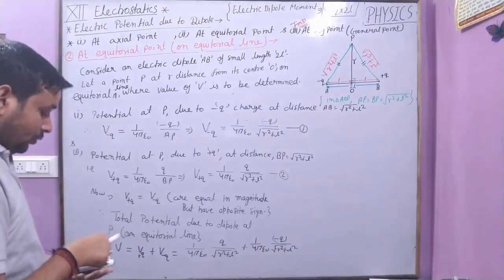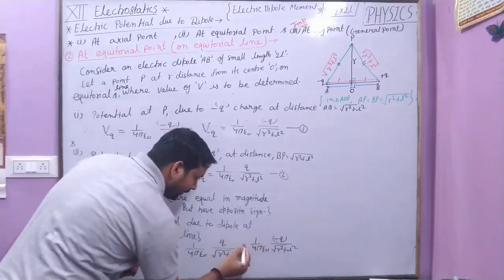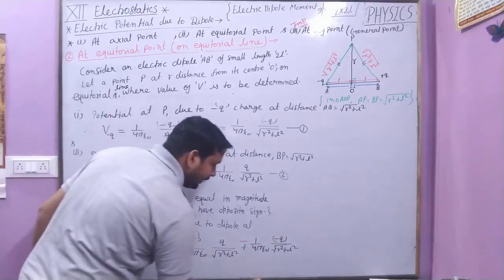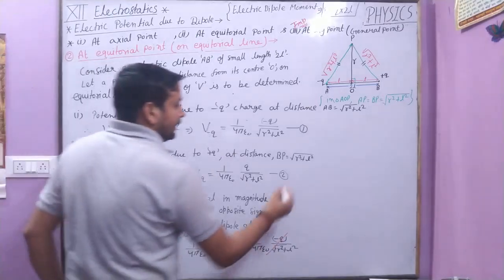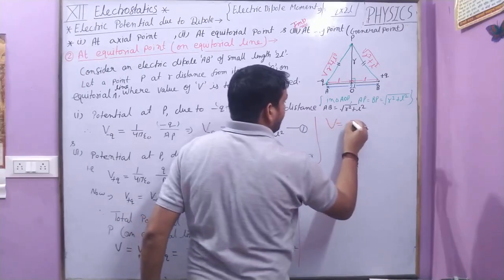So the minus cancels the first. Therefore from here you will get V equal to 0